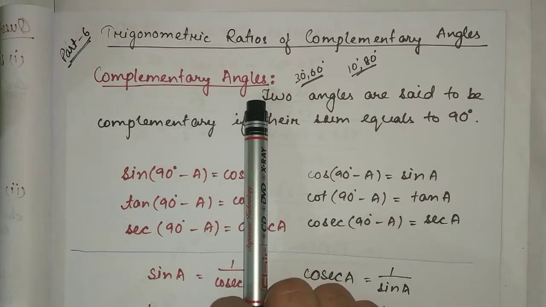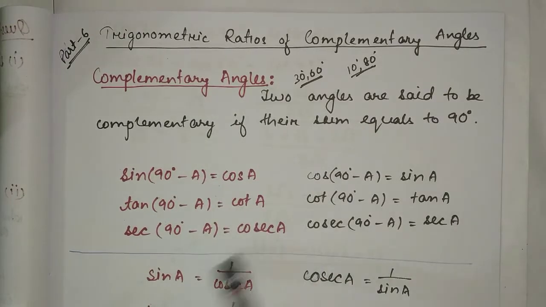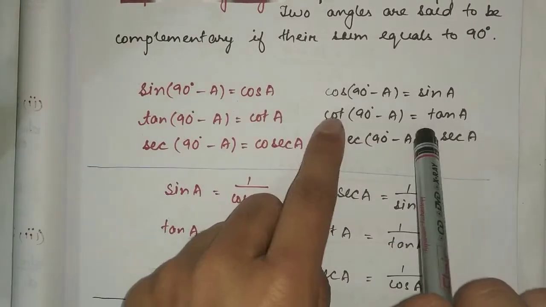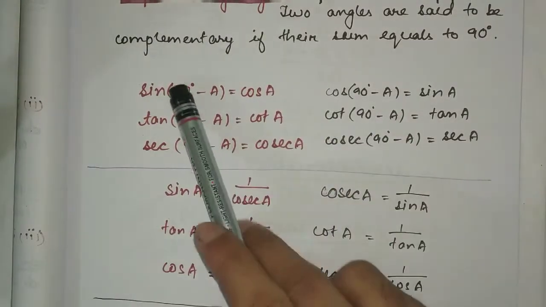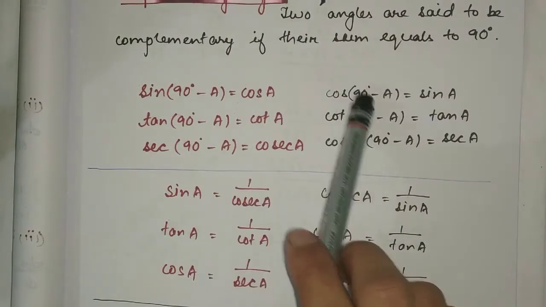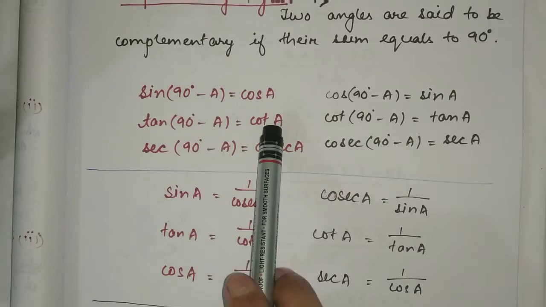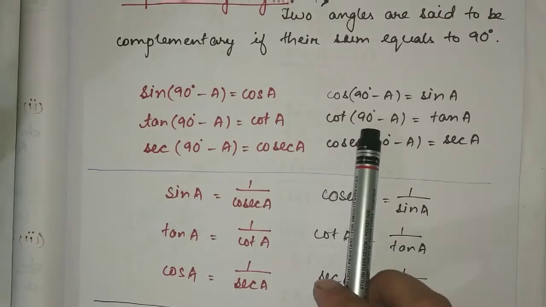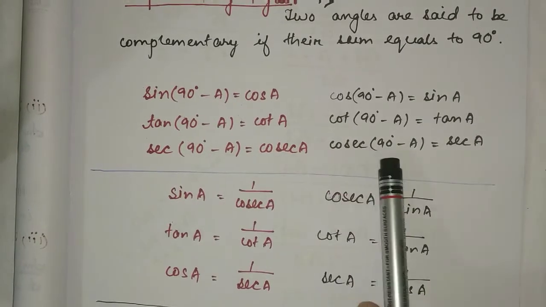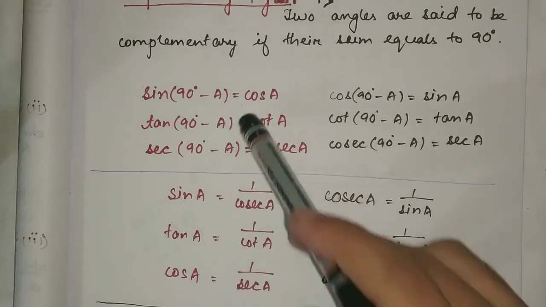Now there are some formulas which we will require in solving the problems in this exercise. These are basically these 6 formulas. There are 3 main formulas; the others are just subsequent results of them. The first one is sine of 90 minus a is equal to cos of a, which also gives us cos of 90 minus a is equal to sine a, and then we have tan of 90 minus a is equal to cot a, which gives us cot of 90 minus a is equal to tan of a, and sec of 90 minus a is equal to cosec of a, which gives us cosec of 90 minus a is equal to sec of a.